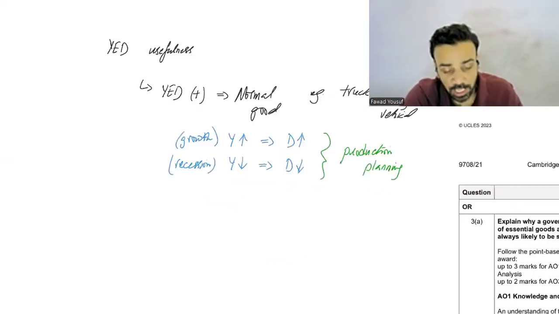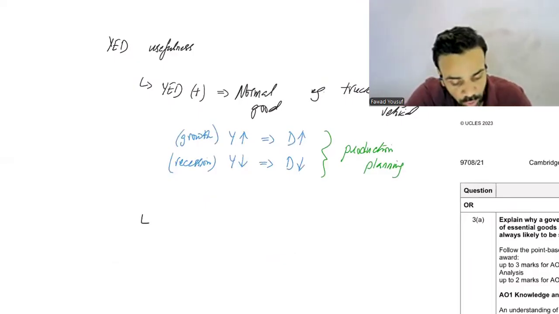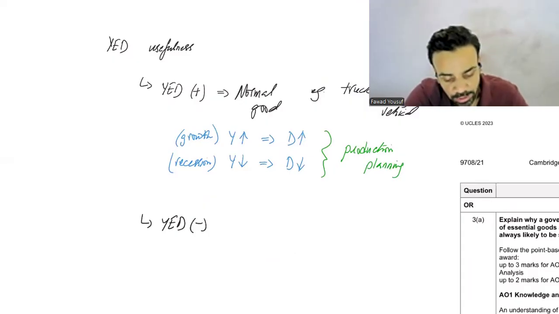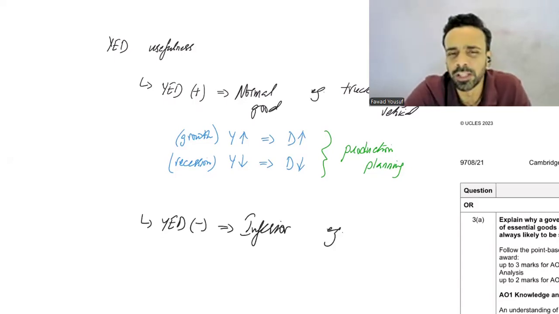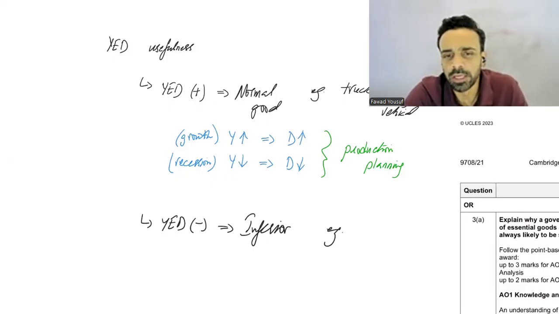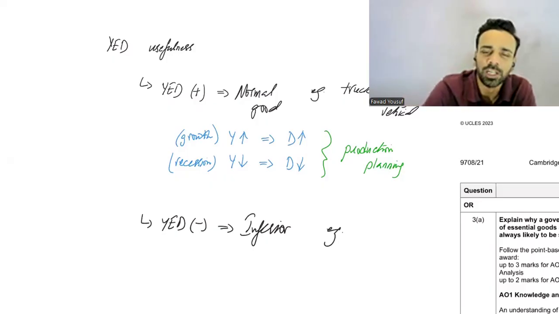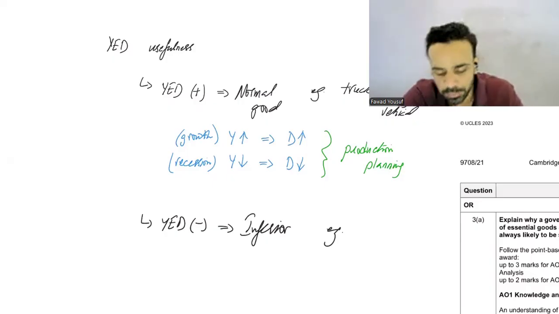Another thing, इसके साथ ही, it's not complete by the way, it would be considered incomplete if you don't talk about if YED is less than 0, यानी if it's negative. So then the good is inferior, okay? And if the good is inferior, inferior के अंदर हम क्या ले सकते हैं? Inferior के अंदर हम वैसे तो कॉम्पैक्ट कार्स भी इलास्टिक या नॉर्मली कंसिडर होती है, लेकिन एक हाई इनकम सोसाइटीज